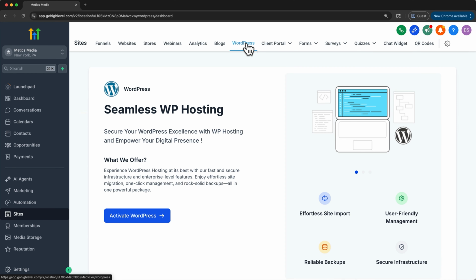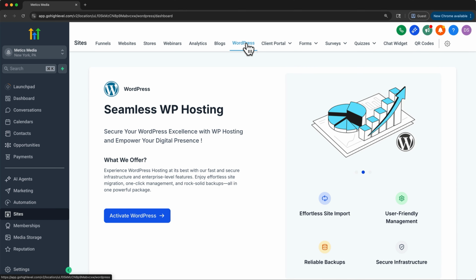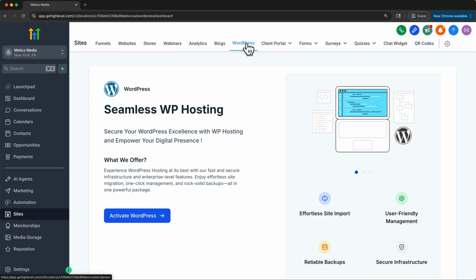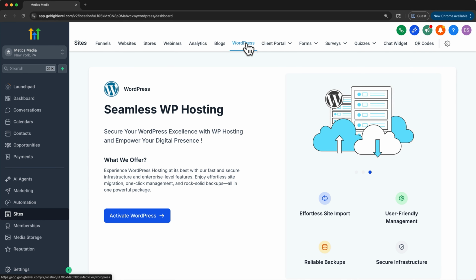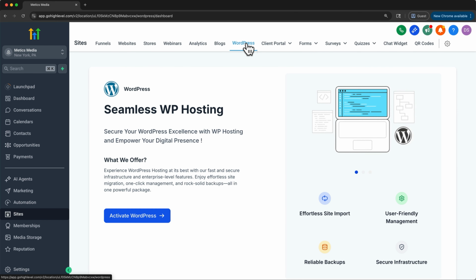That means that you don't need a separate hosting provider. You can consolidate everything in one place. This might be a good fit for you if you're already familiar with using WordPress, or if you have a WordPress site. I'll link a WordPress tutorial that I've done in the description if you want to learn more and